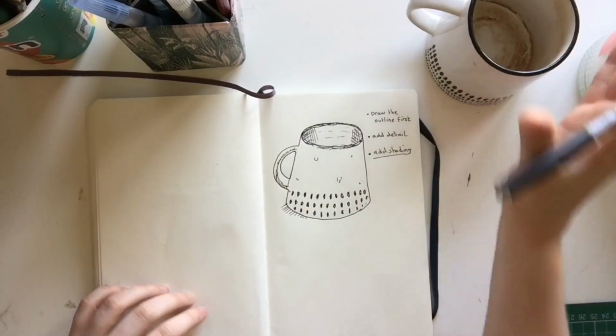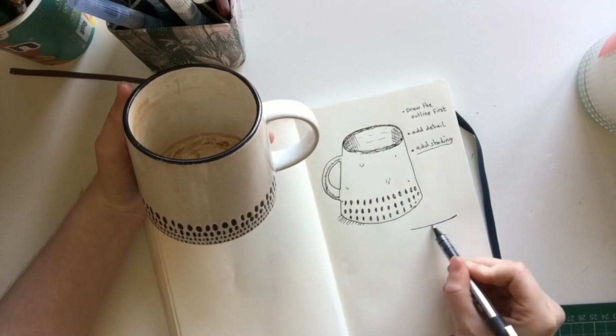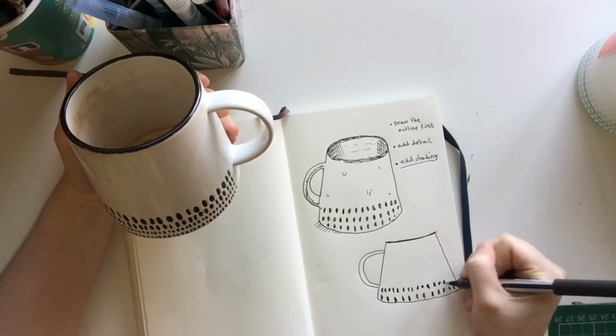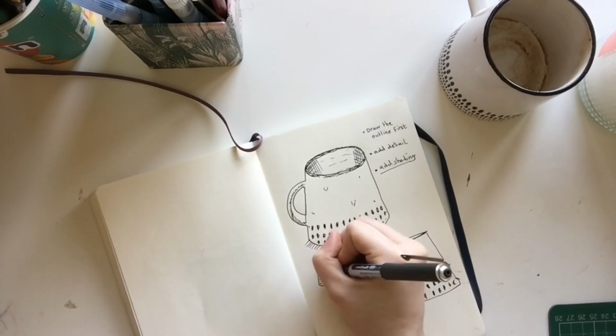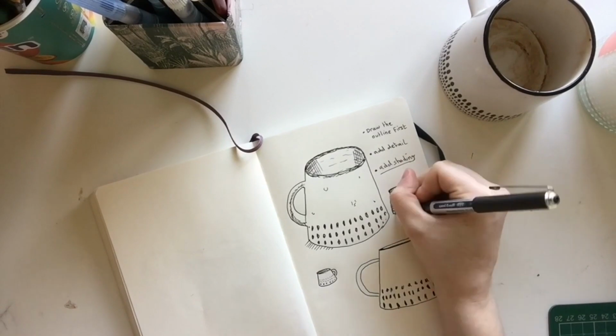Okay. Next, you guessed it. Draw it again. If you found that incredibly easy, try drawing it from a different angle. Try drawing it from above or below or straight on. One object carries 1,000 views within it. If you are incredibly bored, you can try drawing it in a few different situations. Try drawing it on a table, try drawing it in a different style, try drawing it with your eyes closed,